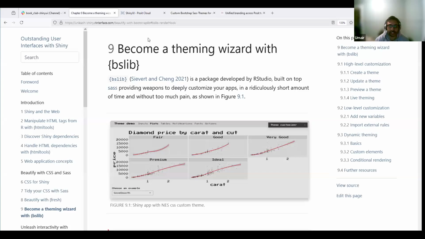Today we are going to discuss bslib, which is a package in Shiny for R for doing theming. And the chapter we are looking at is chapter 9 from Outstanding User Interfaces with Shiny, Become a Theming Wizard with bslib. Since this chapter was written, there are many new things that bslib can now do. In this chapter, we focus on only theming, and there's a lot of stuff in this chapter too, so I'm not going to go into details of other things, but I just want to quickly introduce you to different things